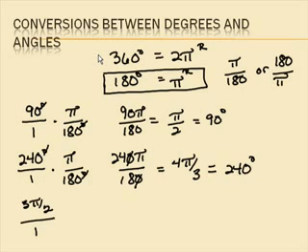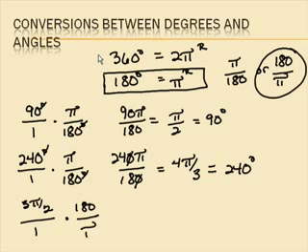Okay, so we're going to put 3 pi halves, that whole thing, over 1, and then we're going to convert. We want to get rid of the radian measure, so we're going to choose this one here, which has the radians on the bottom. So we're going to multiply by 180 over pi. Well, these two are in radians, so remember that radian cancels out. We can also reduce out a pi, so we have 3 halves